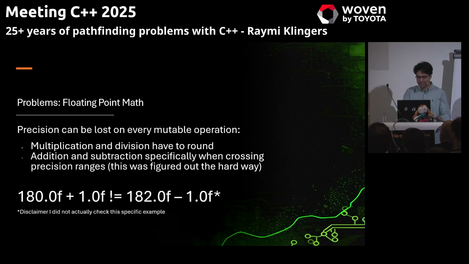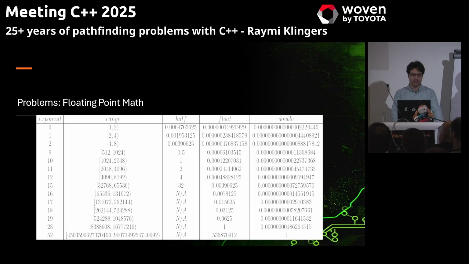Now, I did not exactly check if this would actually cause an error, but there are ranges where this would cause an error, and some other person made a table out of these precision ranges where you can see between the range of 1 and 2, a floating point can make a step that is very small, but when you go to 8 million, the smallest step is 1. And if you cross those ranges, you get different precision in your addition and subtractions.